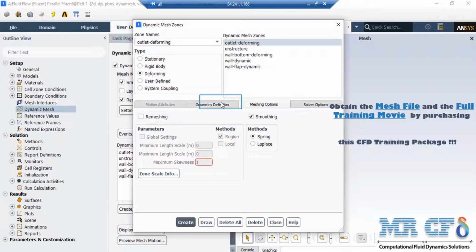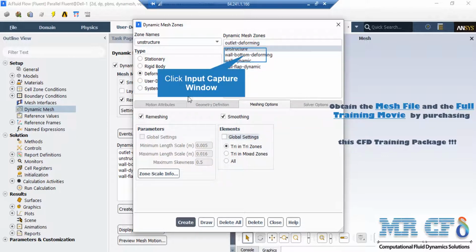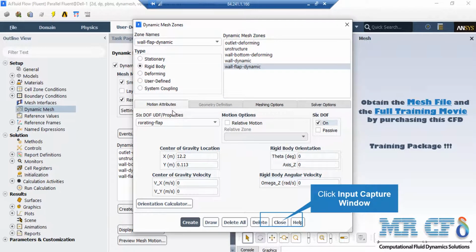For example, for the outlet deforming zone, under the meshing options, only a smoothing model is enabled since we don't want to have a remesh in this part. Now if you click on the unstructured zone, under the meshing option, you can see that both smoothing and remeshing options are selected. And finally, if you click on wall flap dynamic zone, under the motion attributes, you can see